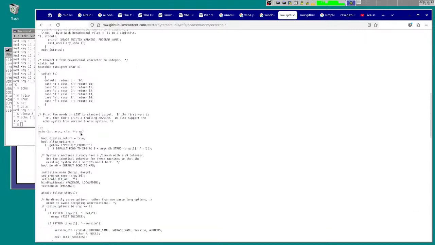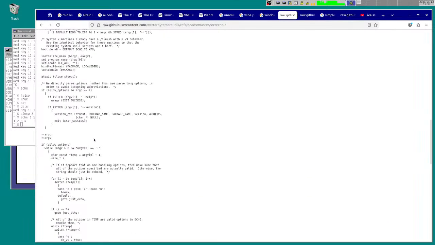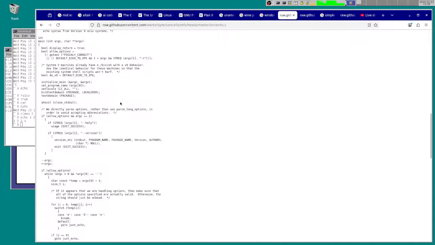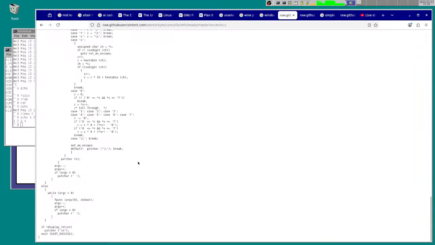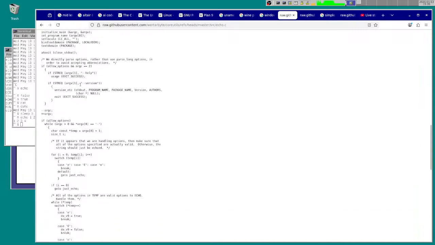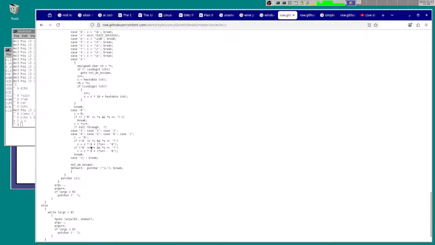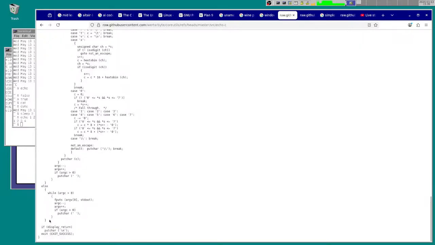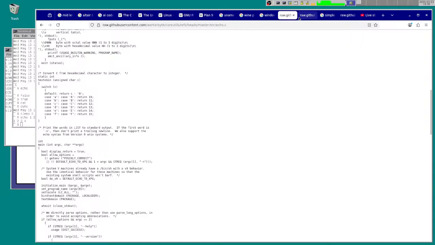I guess it's kind of an opinion, but this is the Core Utils main GNU echo program, and this is kind of characteristic GNU C code. It often might look something like that.